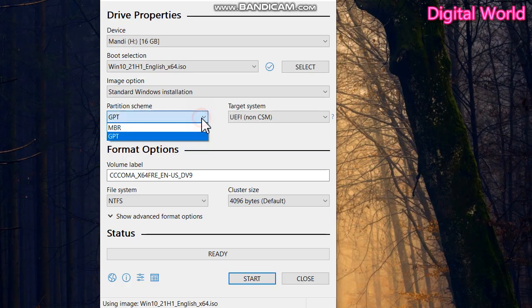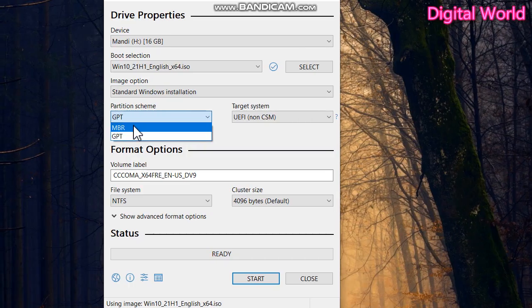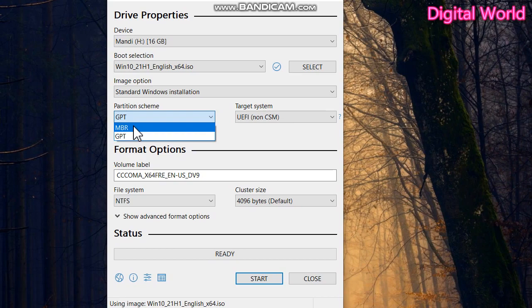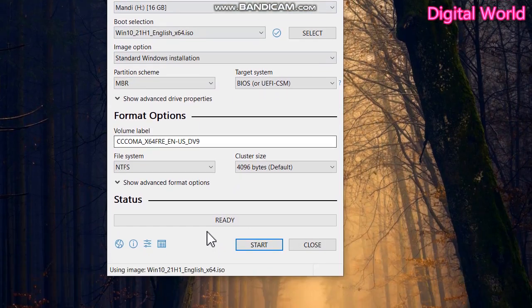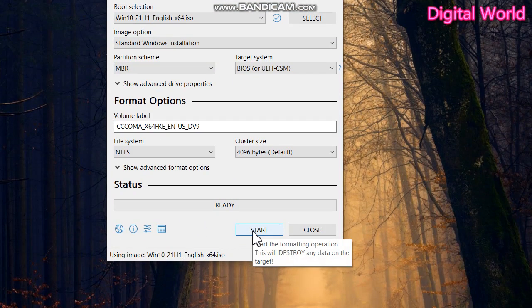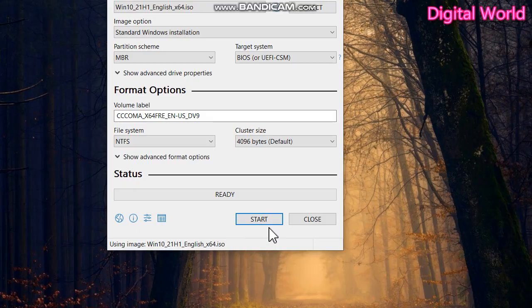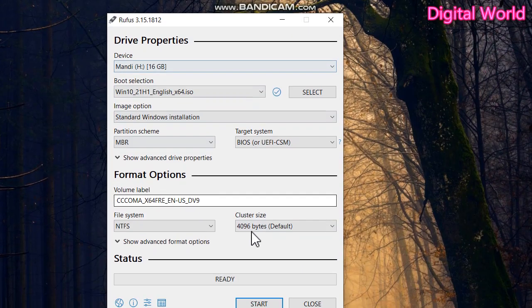For this selection we have to know whether our disk is GPT or MBR. All my systems are in GPT style, so I will select it and accordingly start to prepare a bootable pen drive. Okay, so this is the procedure.